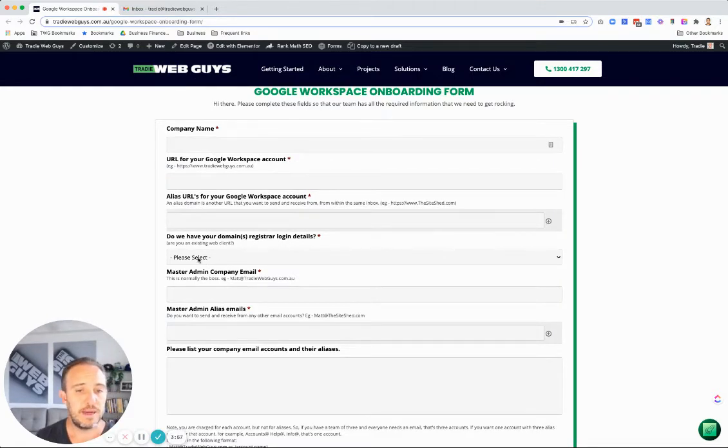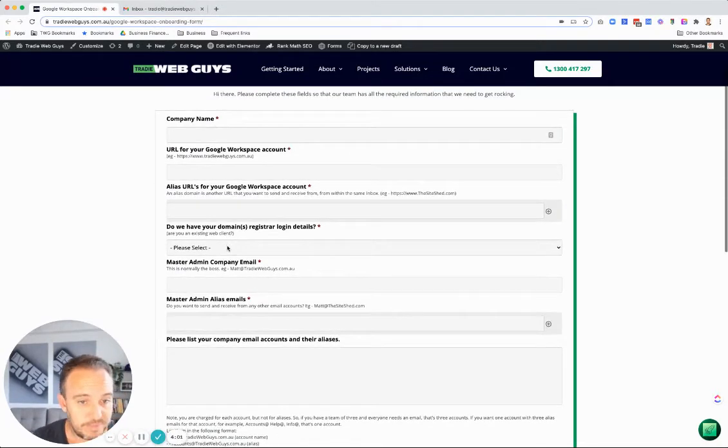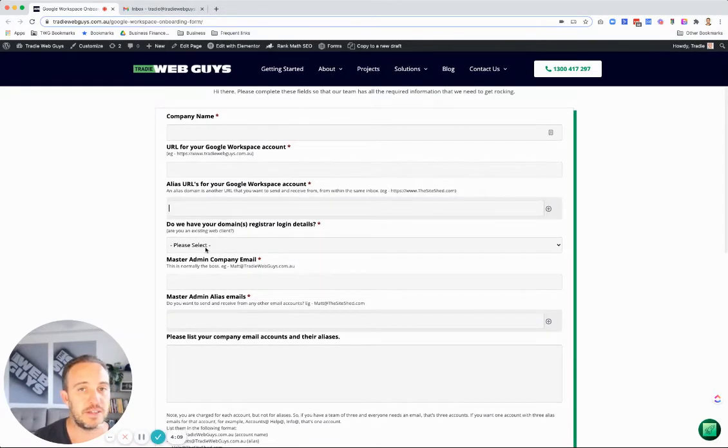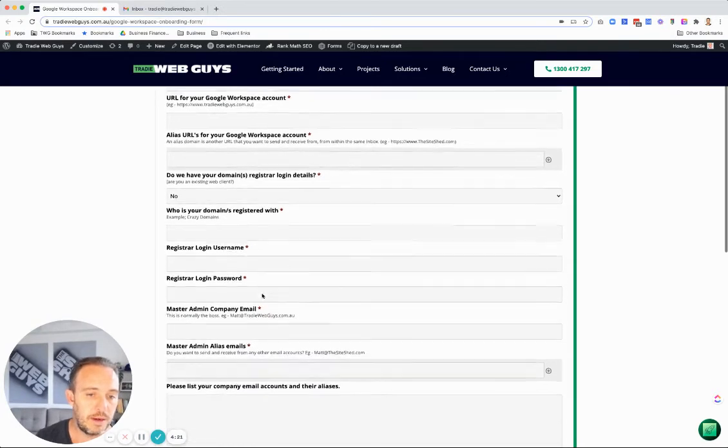If we have your domain registrar logins, so for example, if you're a web client of ours, we will have this. If you're not yet a web client of ours, then we may not have these details which we need. If you're unsure, just put them in there because it will just make things easier. So if we have them, you can tick yes. If you're unsure or we don't have them, tick no, and you'll see it will open up another bunch of